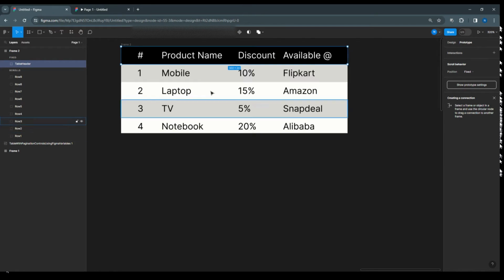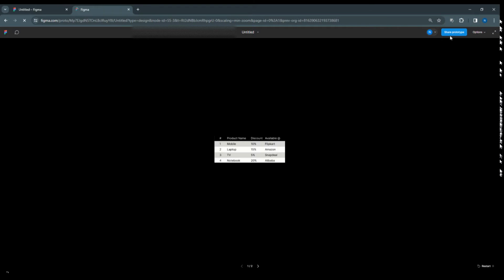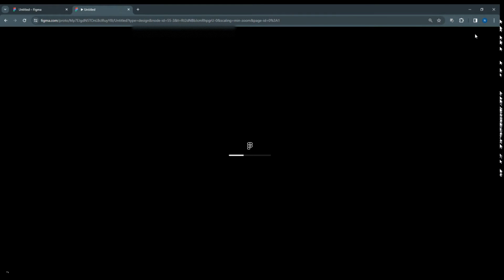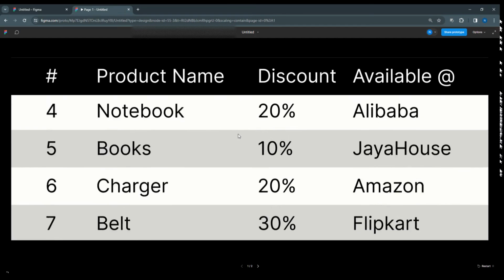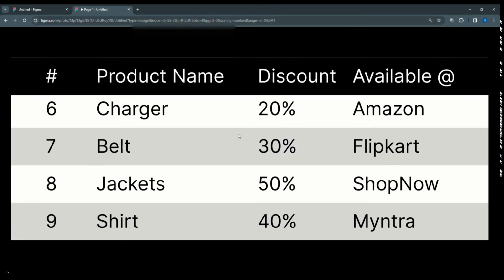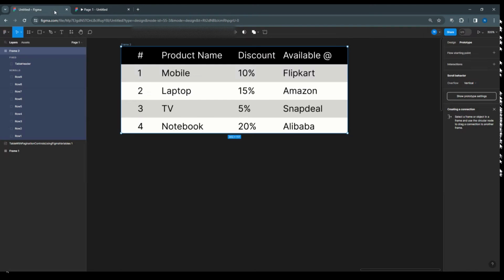Now this is not appearing here. We'll come to the frame and we'll preview this. So the scroll is working now. Fine. So table with scrolling effect is done and with the fixed header. Now the second, I'm moving to the pagination. So for pagination we need next, previous, page number and